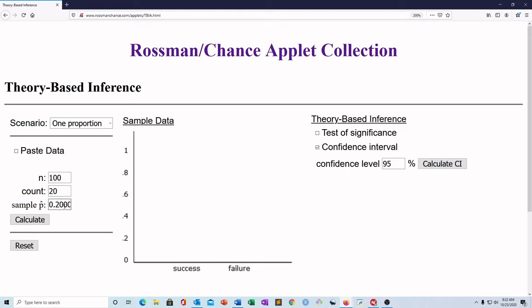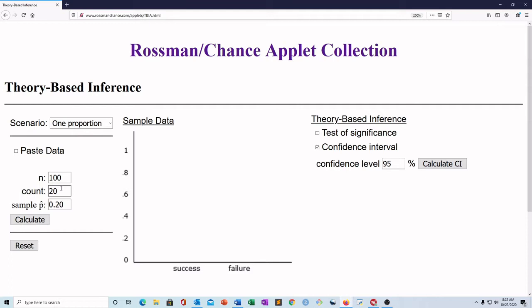Automatically fills in with the proportion. Okay, so we could do, we've got 100 successes and I got it right 20% of the time. Automatically fills in this box. So there's really only two pieces of information, p hat and n, or the count, and the other box will be filled in. So you just fill in whichever box is easier to fill in based on the information you